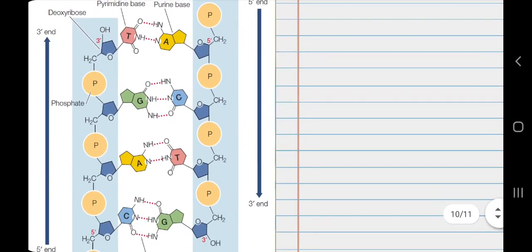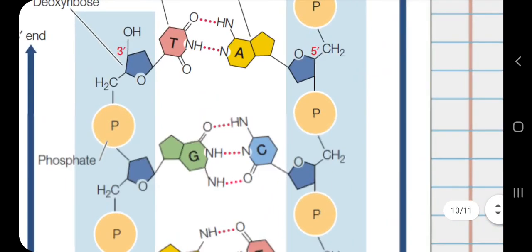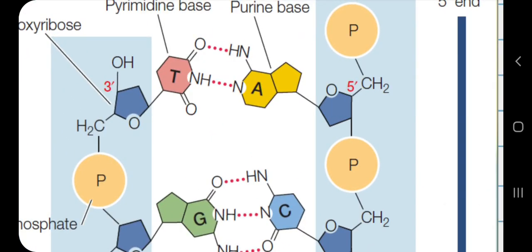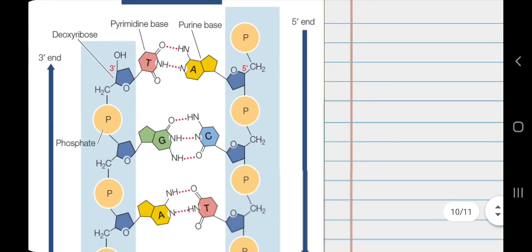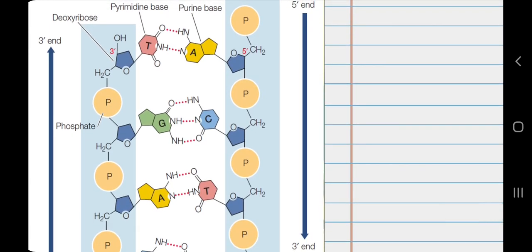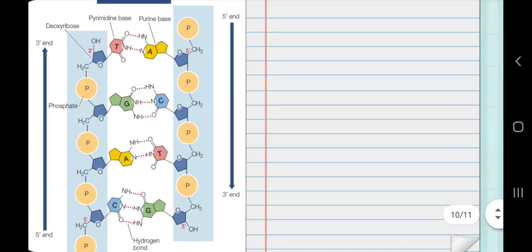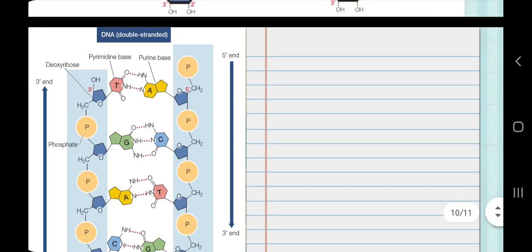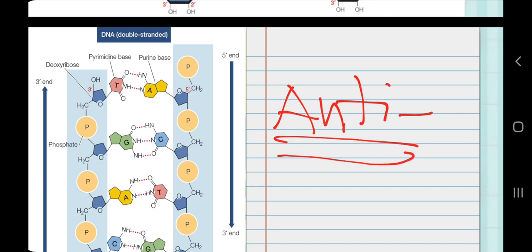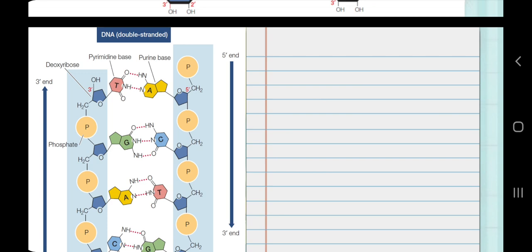You can notice here why this is red colored, 5 prime or 3 prime. Here is one polarity also. In this one strand you will notice the 3 prime end here, and in the other strand you will notice the 5 prime end here. This is how the strands run anti-parallel. This is what we call anti-parallel. These things are supposed to be learnt in the 11th class. Now I have given you enough idea about the structure of DNA.